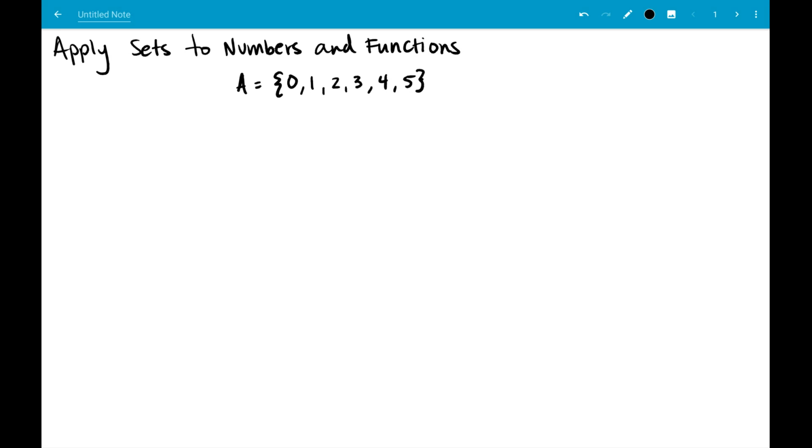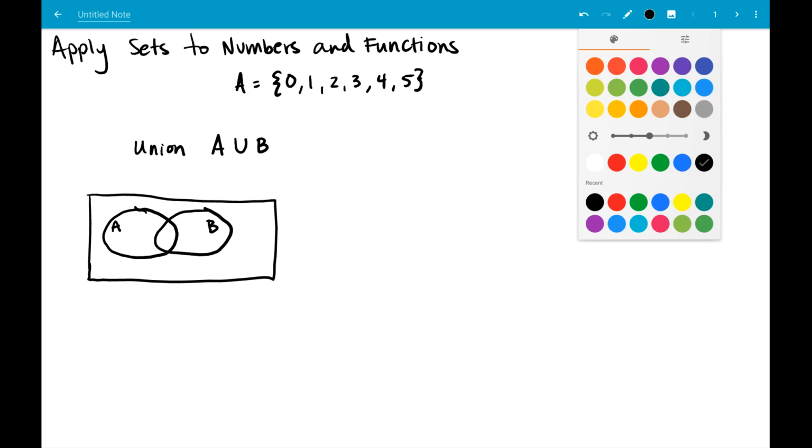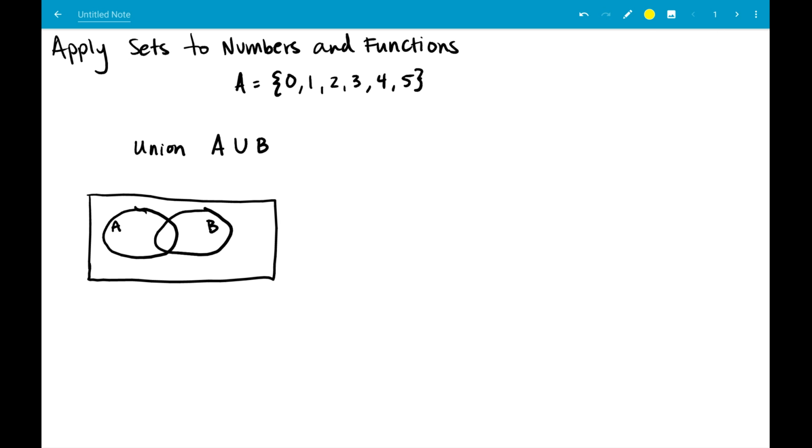Now, when we talk about unions and intersections of sets, we need to distinguish what those mean. The union of sets A and B is written like this, and it means all the elements that are in either A or B. So it's all the elements combined. We often look at Venn diagrams when we talk about these sets. If this is set A here, and this is set B, then the union of the sets would be everything,